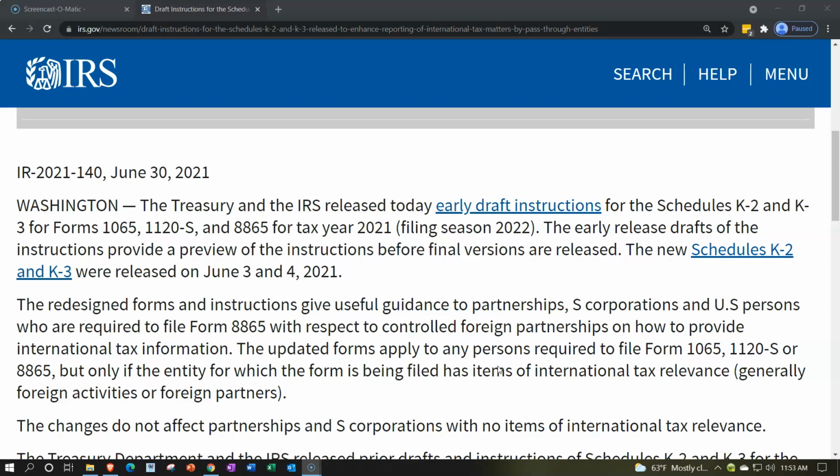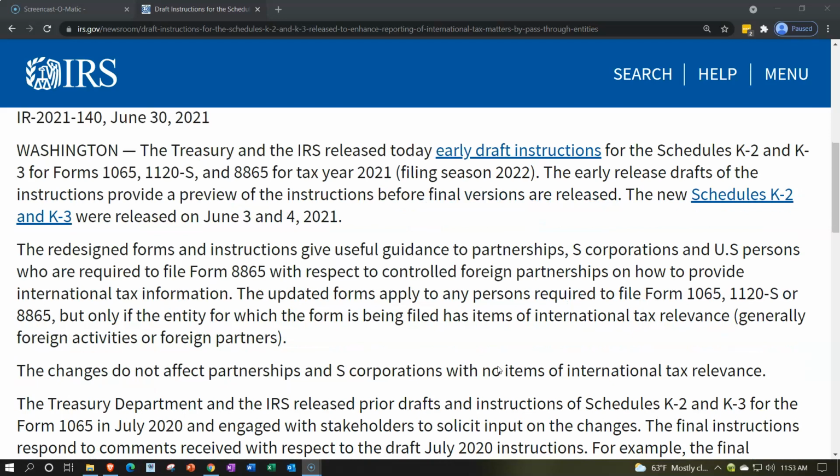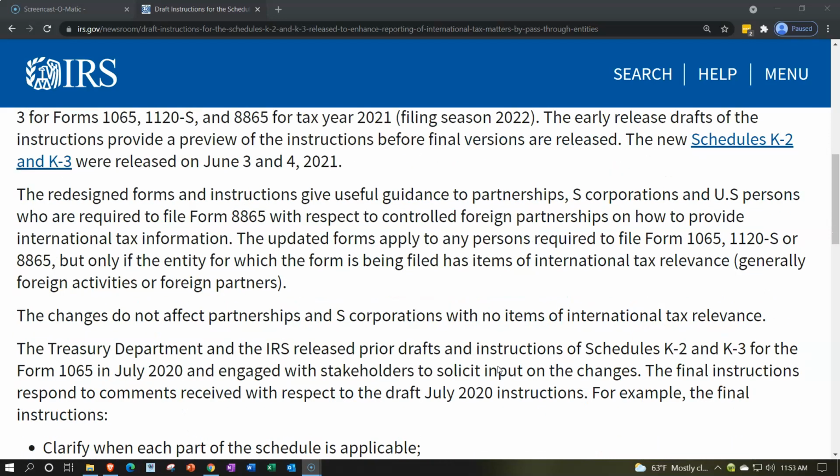The new Schedule K-2 and K-3 are released on June 3rd and 4th, 2021. There's links to the Schedule K-2 and K-3 here. The redesigned forms and instructions give useful guidance to partnerships, S corporations, and U.S. persons who are required to file Form 8865 with respect to controlled foreign partnerships on how to provide international tax